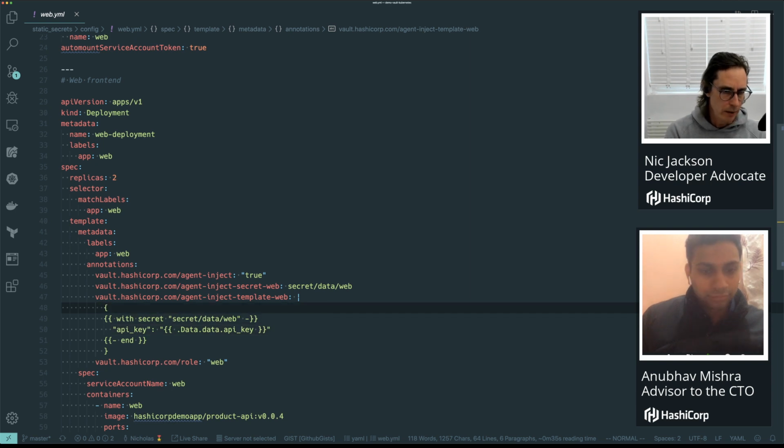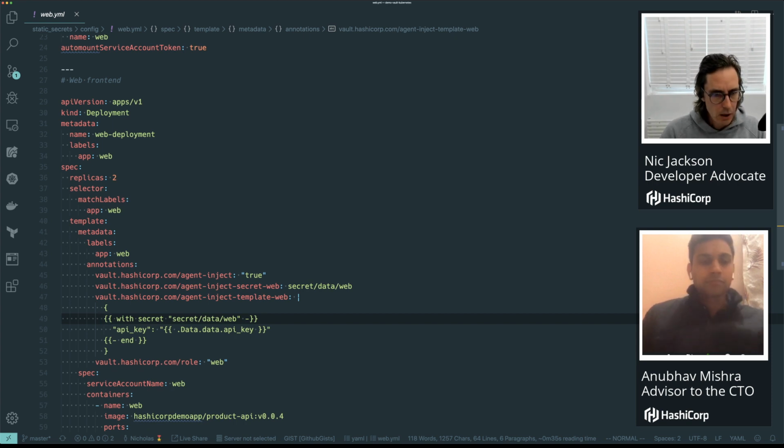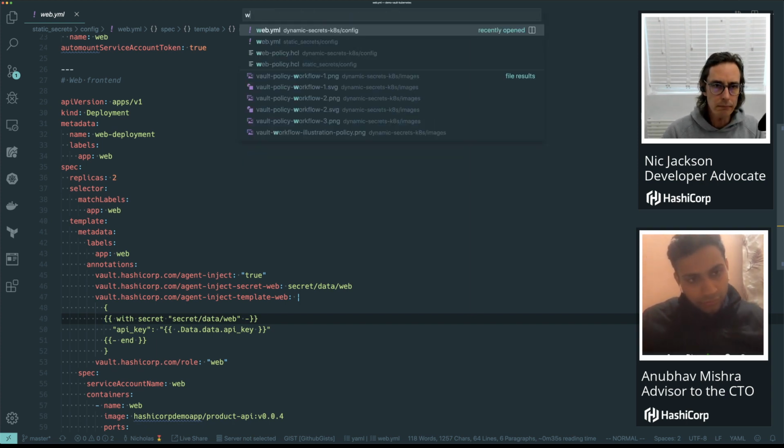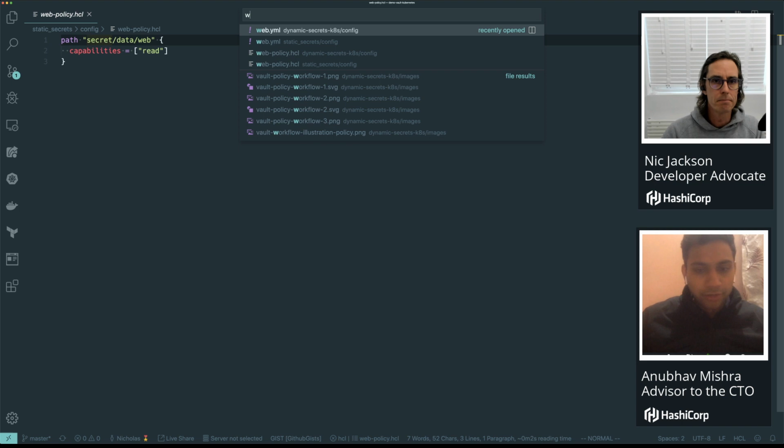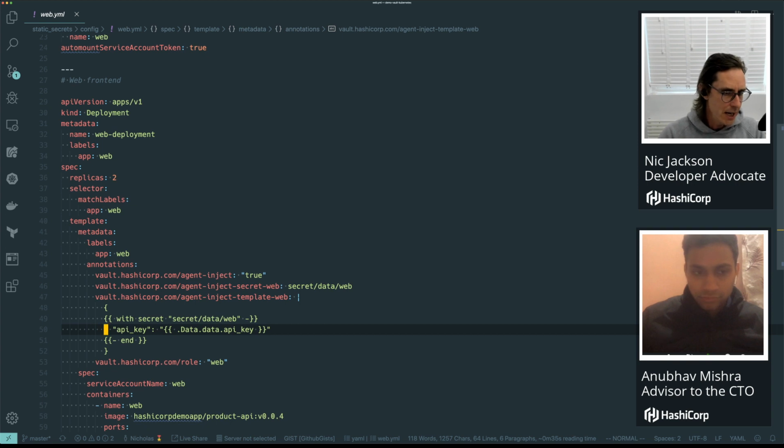With Consul template, anywhere you see the double curlies, that's a template variable or a template function. Let me break this down for you. I've got a standard JSON opening brace, and then I've got a Consul template saying with secret data web. That's the secret I created before, the path that's also referenced by my policy, just here. Yeah, I think it might be useful to show. There we go. Anything inside of this block